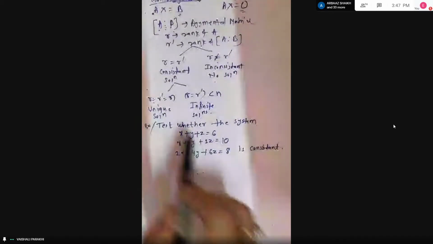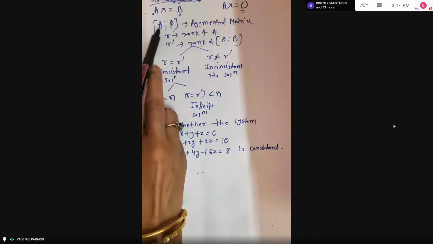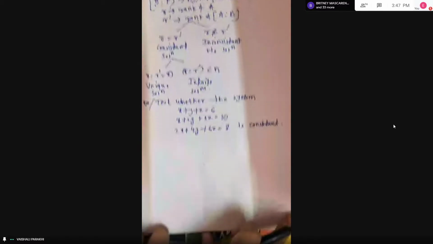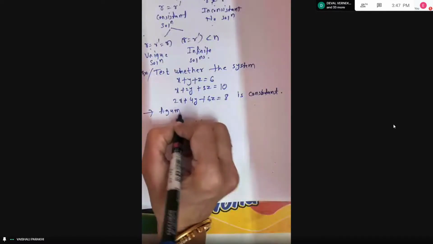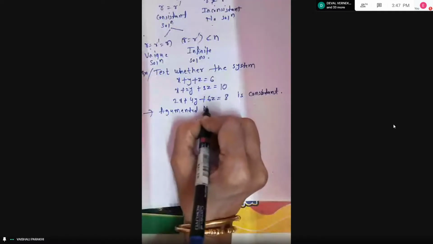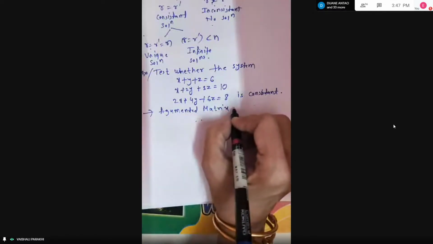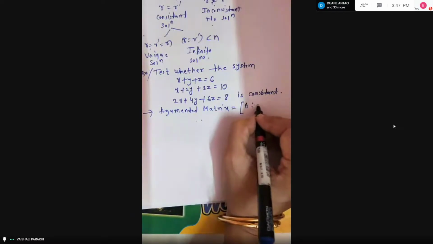Okay, so try to understand the problem, students. There is a system of equations given and it is asked whether this system is consistent, meaning whether this system has a solution. It may be a unique solution, it may be infinite solutions. Okay, so let us start. As I said in the previous part, we'll go according to steps. The first step is to write the augmented matrix. What is the augmented matrix? How do we write it? Matrix A partition B,